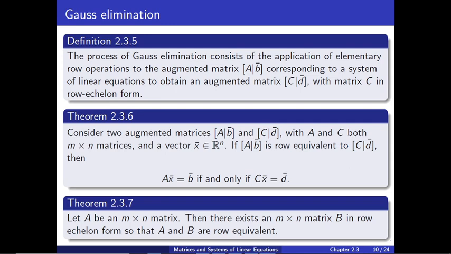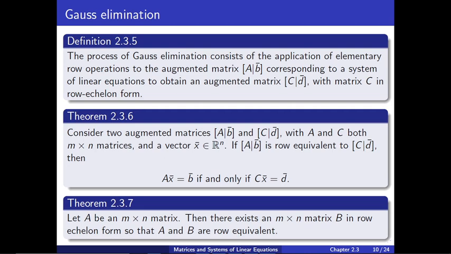In the previous video, we discussed matrices which are in echelon form, and we are going to continue with that. So we are going to continue also with Gauss elimination, and we'll start off with definition 2.3.5 in the textbook,